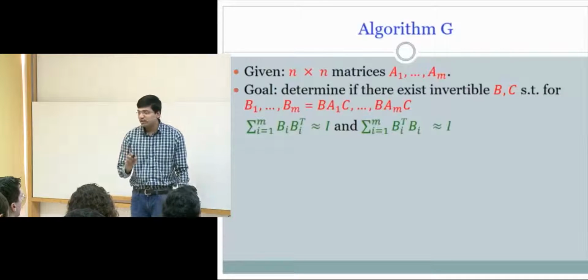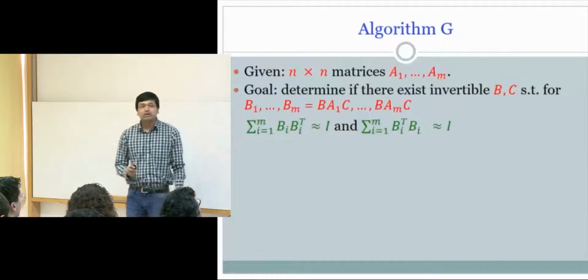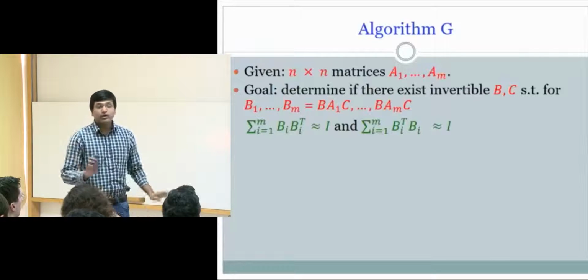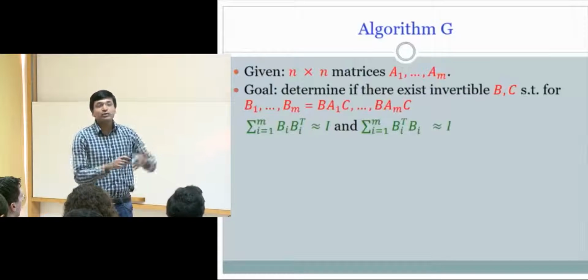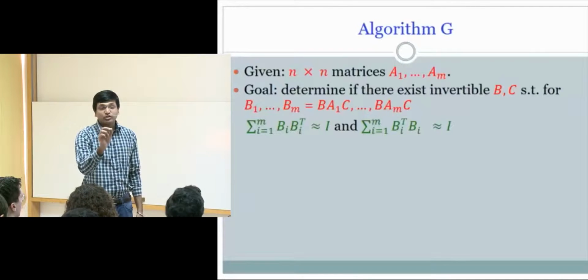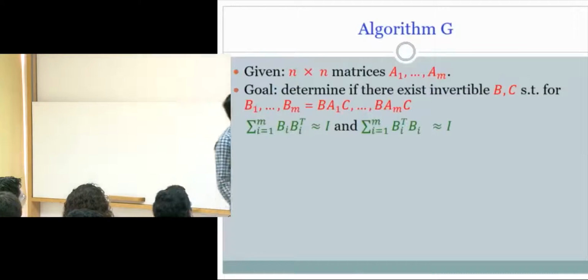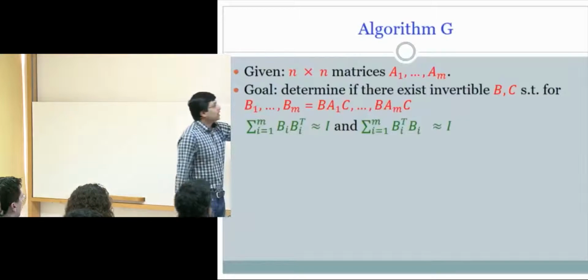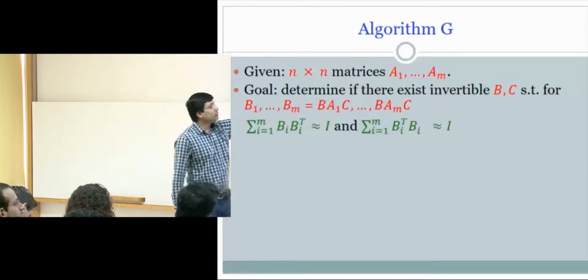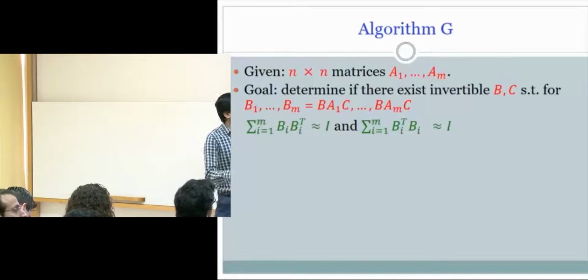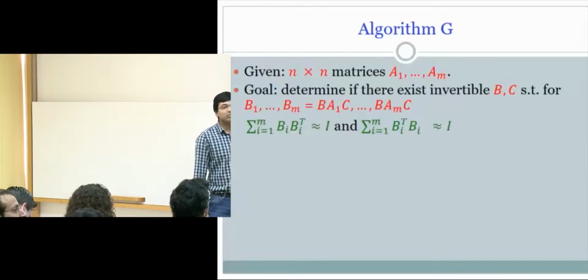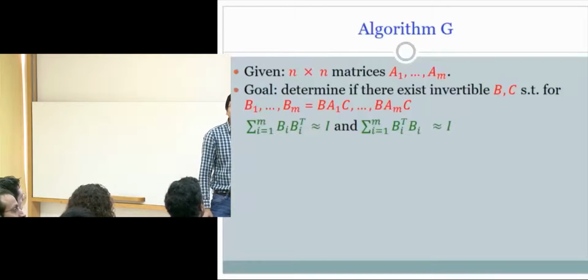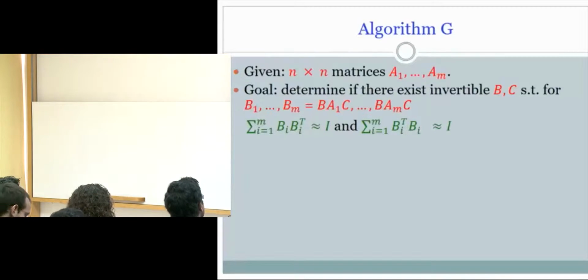But I don't see, for the other condition, for the shrunk subspace, what is it? Now you're trying to see if there is a shrunk subspace, right? Well, no, I reduced it to this problem. So basically, I'm not trying to witness a shrunk subspace. I'm trying to witness that there is no shrunk subspace. And Gurvits proved that there is actually a witness for this. If there exist invertible matrices B and C, such that when you look at B1 to Bm, which are B A1 C, basically you pre- and post-multiply your A1 to Am by this B and C, then these almost become doubly stochastic. If this is true, then there will be no shrunk subspace in A1 to Am.